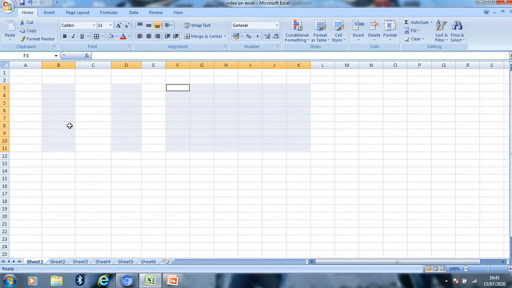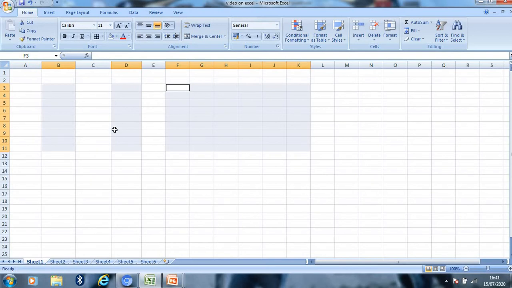The selected cells are highlighted and you can easily see all these non-contiguous ranges are selected at the same time.